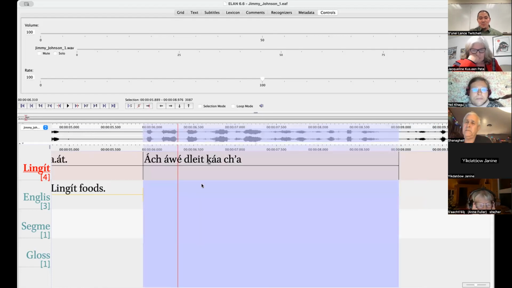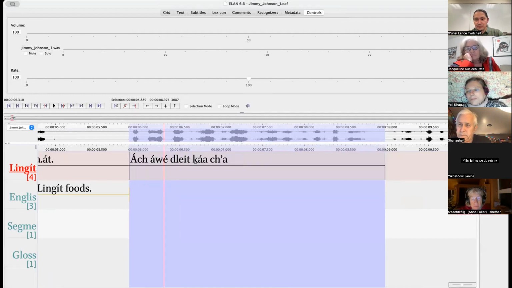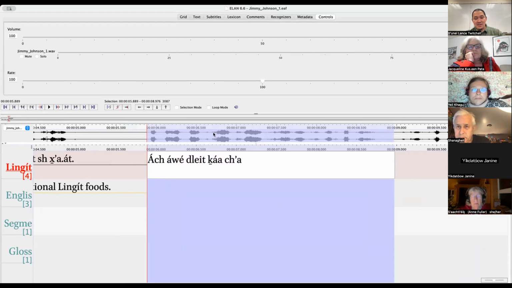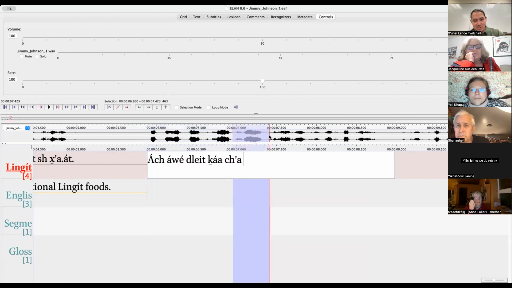So the other thing, working in this program, we have our little entry here, and I can double click in here. And now that I've double clicked, I can listen to just parts of it by clicking and dragging, then letting go. And now I'll push the shift key and then the space bar. So I say, okay, well, what's this part?